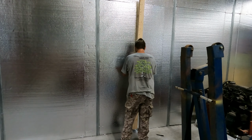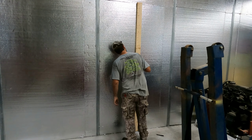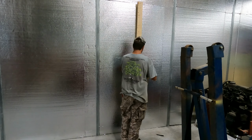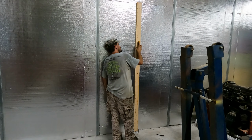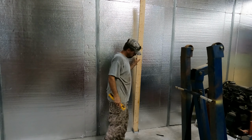I think we need to go ahead and put our first beam in and see where we sit with that, because we're going to make sure it's level and straight first. So just to see how it sits. Yeah, this is going to be a bit of a challenge. Alright, so flush against the wall is pretty good. Alright, so now that I got a rough idea,